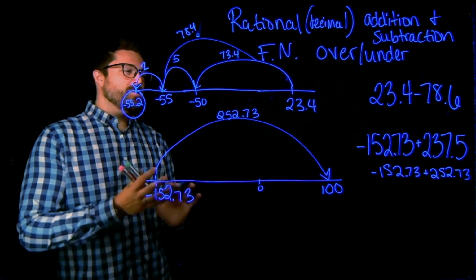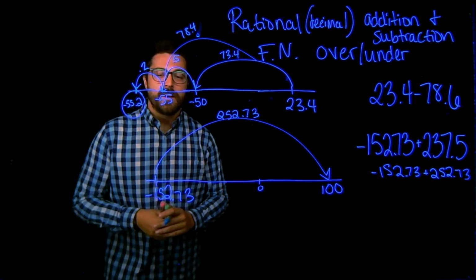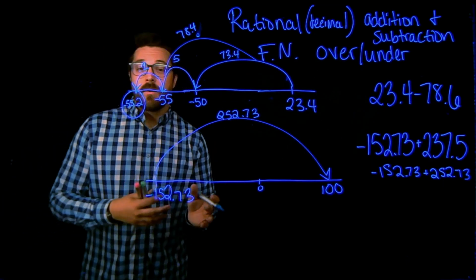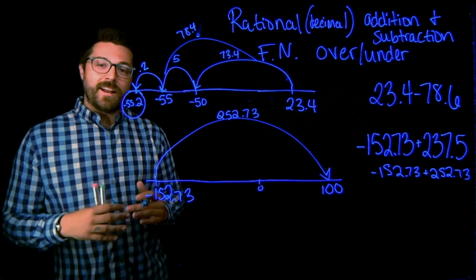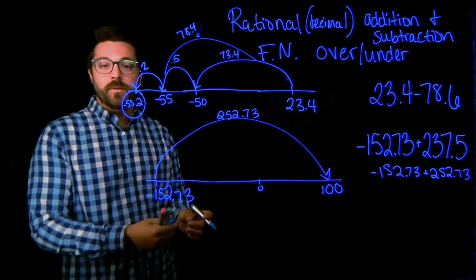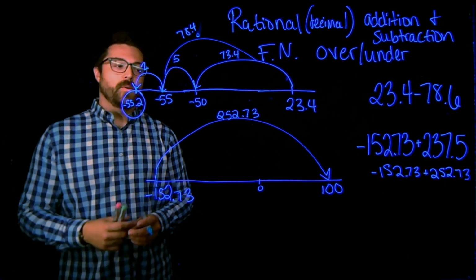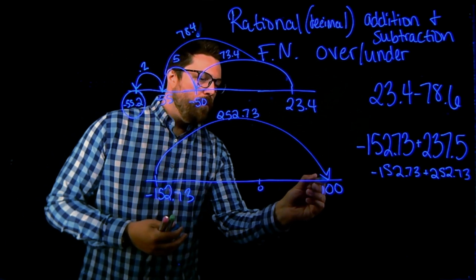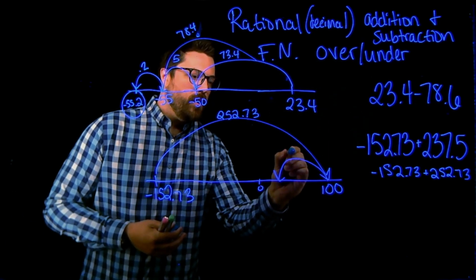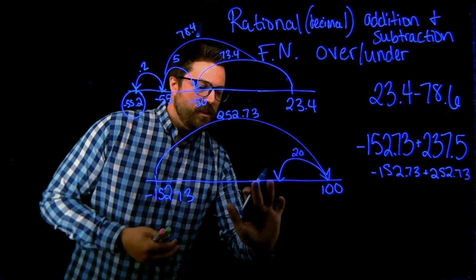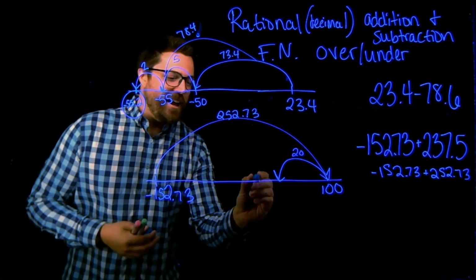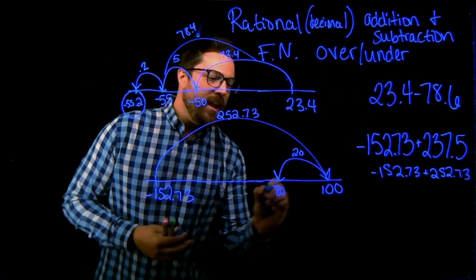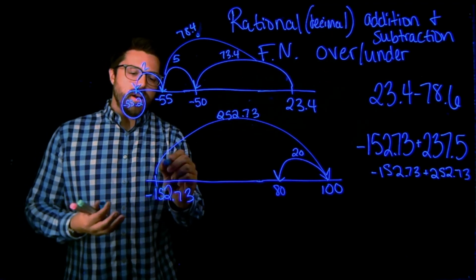So now I have to start making my adjustments, and depending on the level of student and where those jumps are, what jumps they can make, this is more or less efficient. But efficiency right now isn't the goal. Of course, we want the right answer, we want to be accurate, but we also want to build reasoning. And so the first jump that I'm going to make, I'm going to go back 20. I'm going to erase my 0 here because that proportionality wasn't exactly looking accurate. I'm going to go back 20, which will put me at 80,